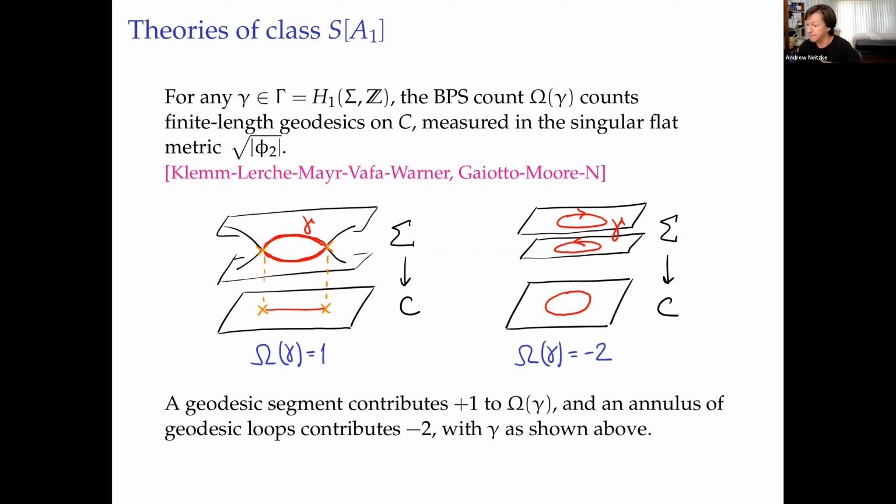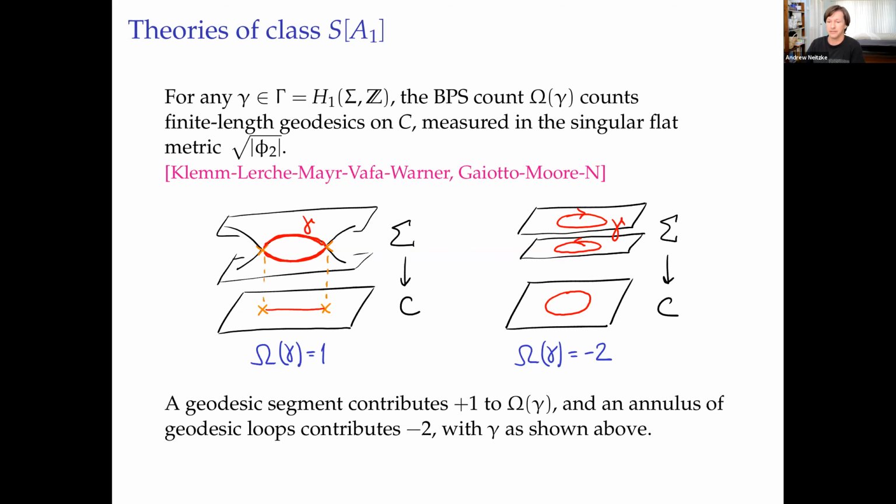Okay, but let me say what the decategorified thing is, what the numbers are. So we're given this surface with a meromorphic quadratic differential, and in that situation, we get a metric on the surface. In fact, a flat metric, which in local coordinates is just the square root of the absolute value of the quadratic differential. That naturally gives you a metric on the surface, which is flat.